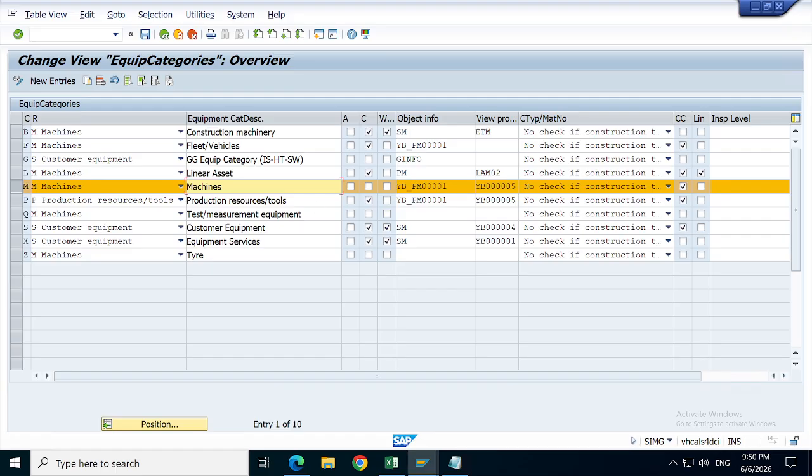And other things, like you can see here the customer service. This is CS related equipment, customer service. Yeah, the P is nothing but a production resource related equipment. So these are the standard ones. For our case, what we can do is